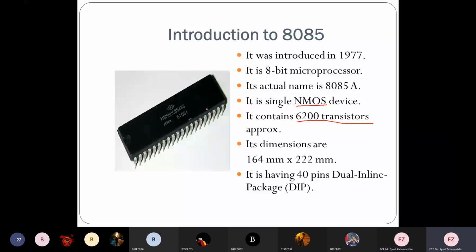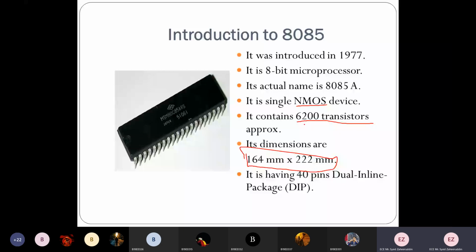Now here, these are the rough dimensions given for your chip, which is 164 millimeters into 222 millimeters. When you take this size and this many transistors, you can imagine what the size of a transistor is. Usually in the laboratory you would see a very large size, but here it contains approximately 6200 transistors.